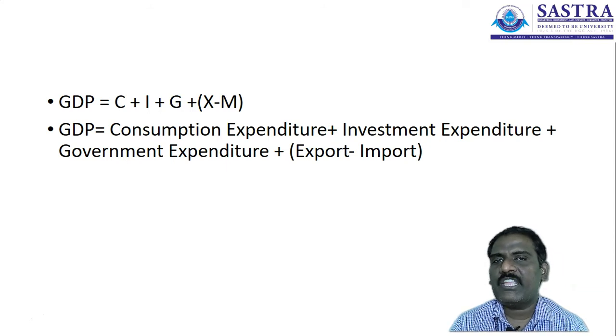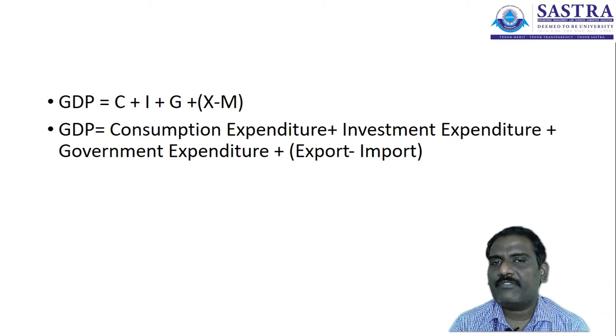And we include the net factor, which is the balance of payment: export minus import. What is the total value of exports in the particular country during a given period of time, and at the same time, the value of products or services received by the country? It is a net aggregate value we include in the gross domestic product. So the gross domestic product is calculated from the point of view of expenditure: consumption expenditure, government expenditure and investment expenditure, along with the balance of payment.